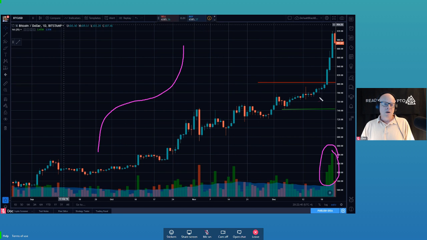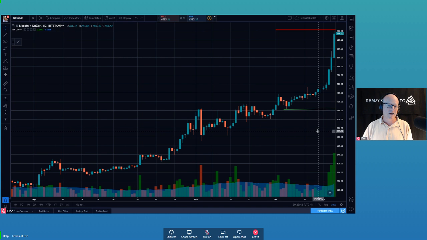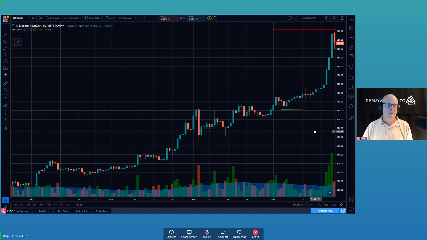But it's gone exponential, and exponential is not sustainable. So this is not bad, but this is where everybody is going, ooh, look at this, and they're chasing this. This is a FOMO move. This is where the new retail traders will jump on board this thing. This is where they will chase it. So you, being the savvy individual that you are, dragging up your price to this, say, okay, we have higher highs and higher lows, but my God, is that a parabolic uptrend? What could we expect from a parabolic uptrend?